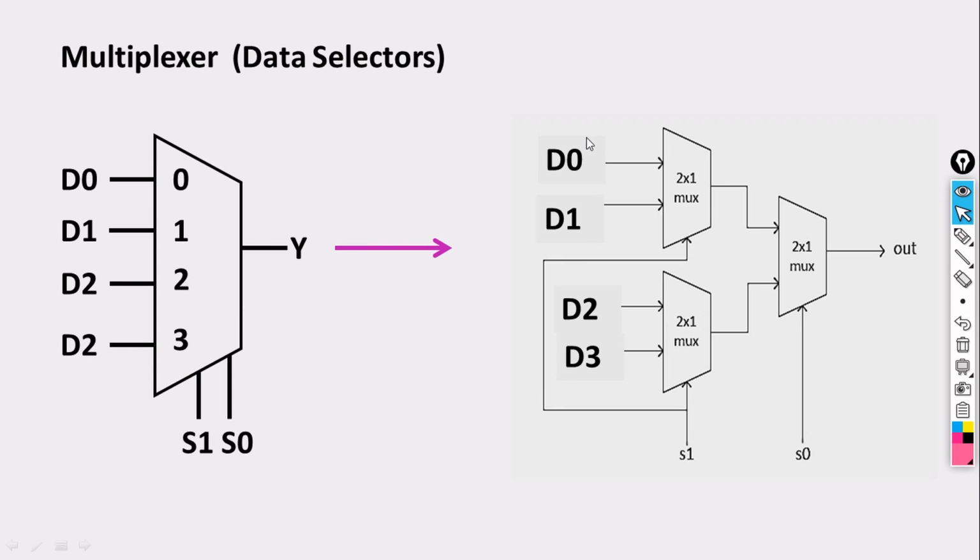This 4:1 mux, I'm going to derive in terms of 2:1 mux. So this is the circuit if I consider it in terms of 2:1 mux, and the 2:1 mux we had already designed in our previous slides. If I go in terms of pass transistor, I'll require two transistors. If I go in terms of transmission gate logic, then I'll require four transistors for my 2:1 mux.